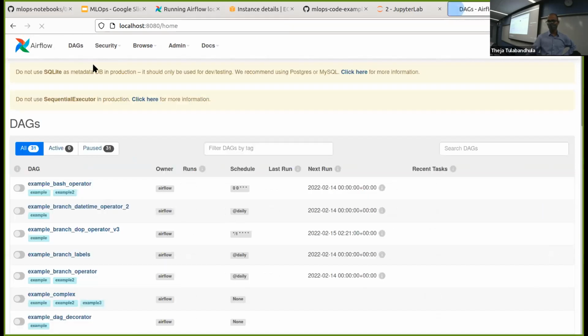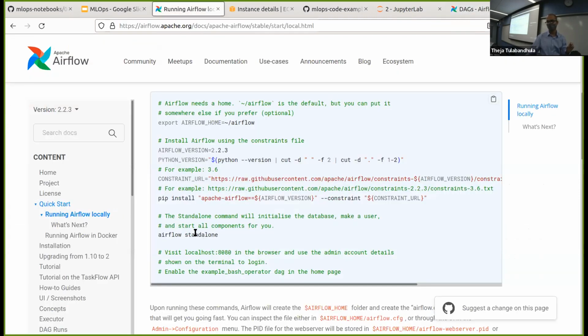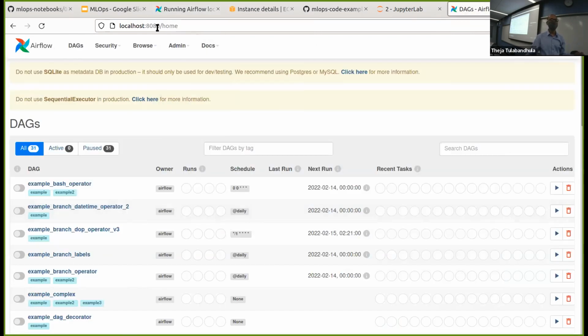If you go to Airflow, by default, when you start this Airflow standalone, the last command is this command, Airflow standalone. If you run this whole thing, at the end of it, you should be able to get to something like localhost 8080 and just see this. Okay, there's just a web UI. There's a bunch of